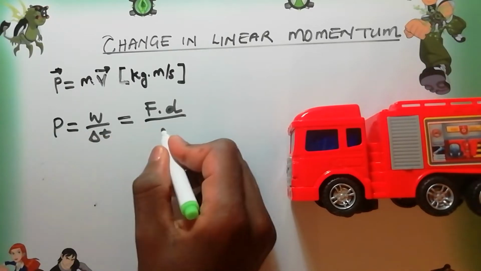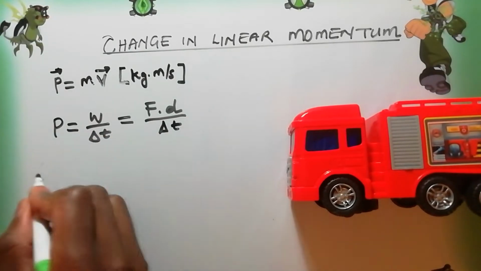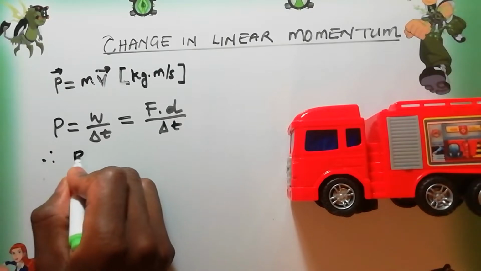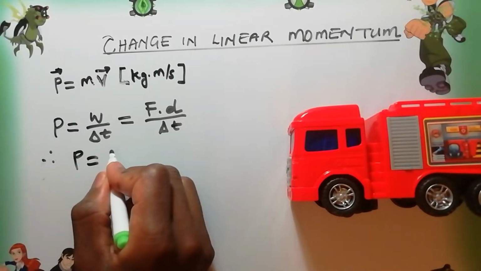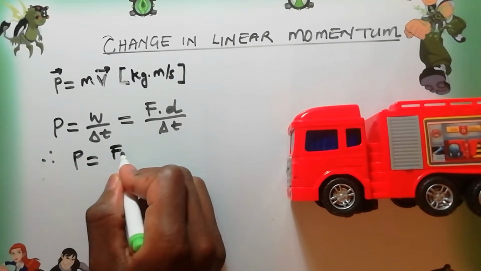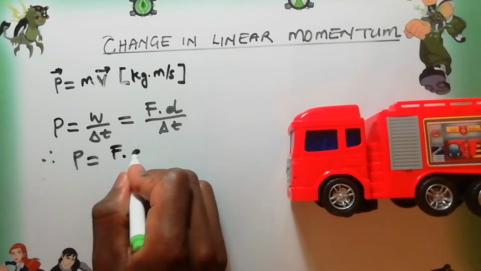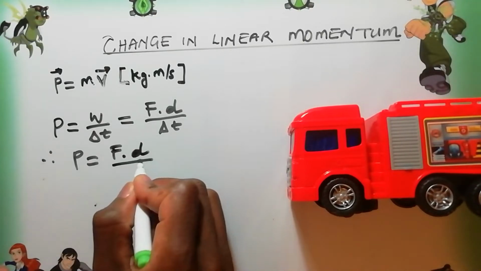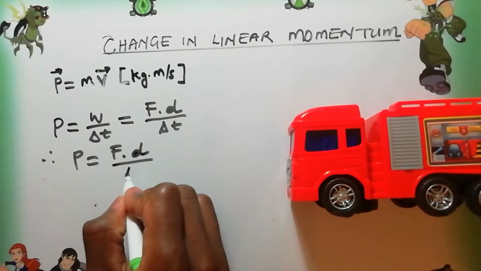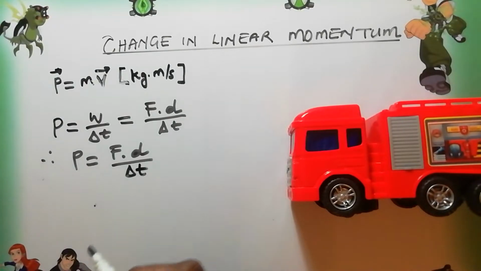Therefore power equals force multiplied by the distance, which is work, over change in time. So now we have introduced another physical quantity that can affect change in momentum of an object, and that particular